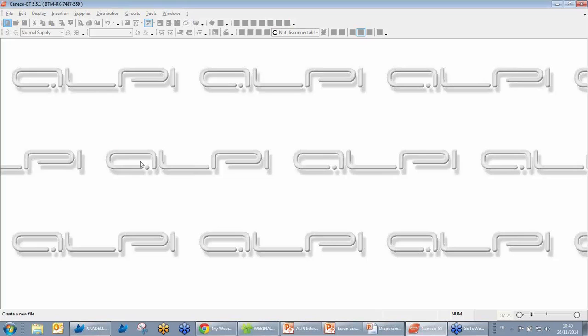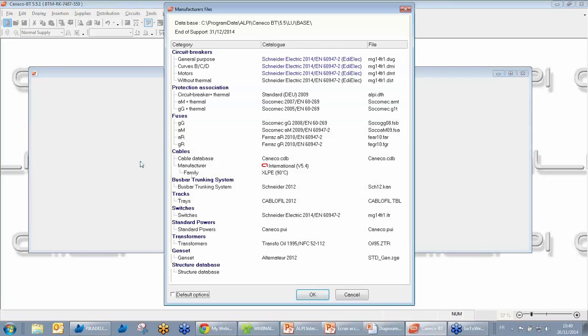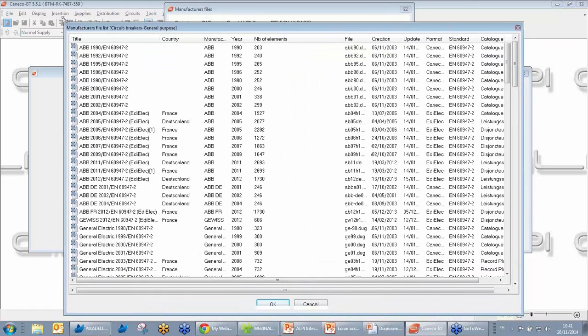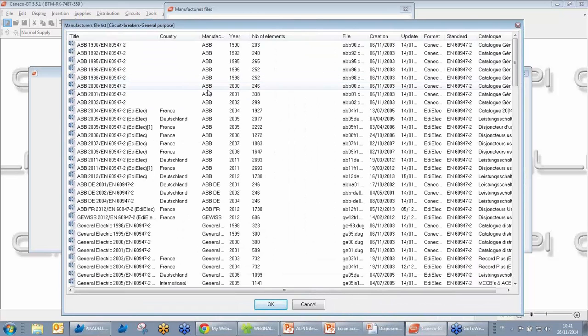First of all, we can click on new, and you open this window where you can choose the different manufacturers that you want to use for this project. As you can see, there are different categories like circuit breakers, protective association, fuses, cables, and you can choose on the right side with which manufacturer you want to work. By default it's set to Schneider Electric, but of course you can change to another one, and like this you can find a really huge